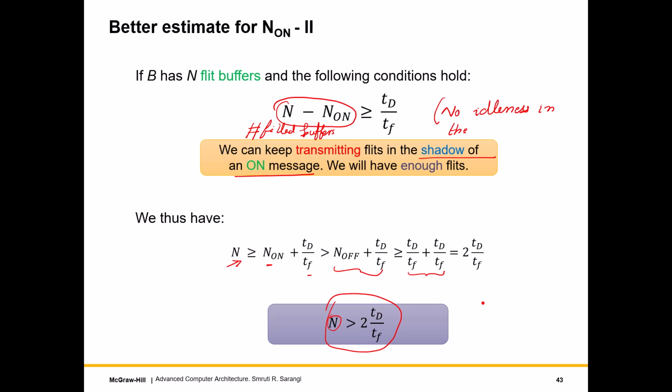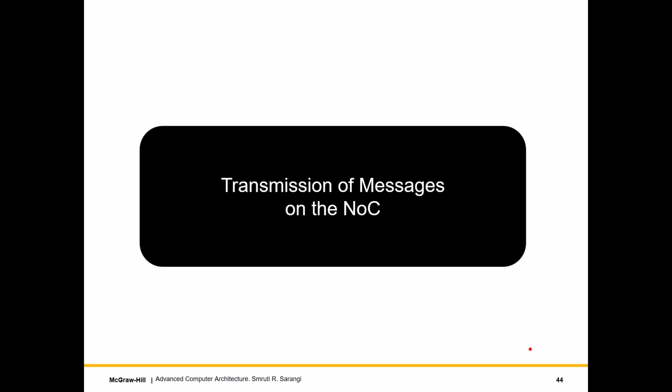So we basically have a bunch of constraints which are essentially limiting the choice of values of 3 variables. What are these 3 variables? They are n, the total number of buffers, n off, which is the off threshold, and n on, which is the on threshold, right? So now we are at an interesting juncture, where basically we have looked at 2